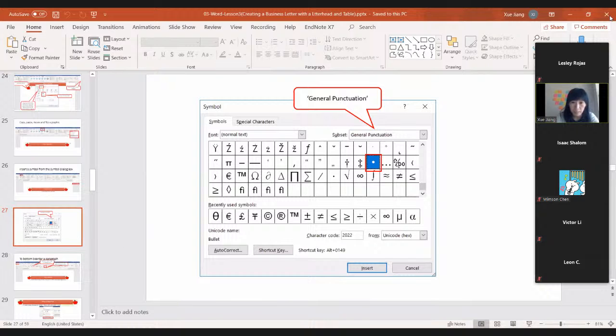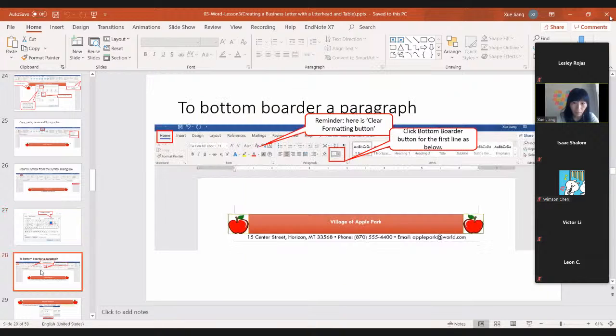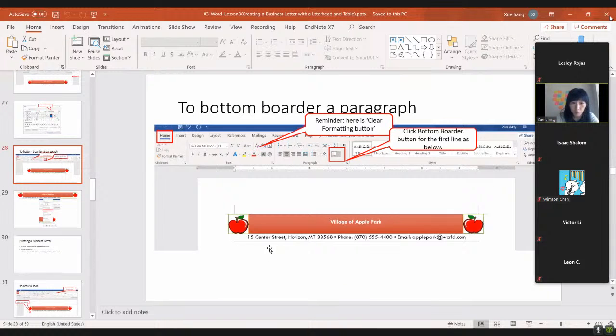Here we just use this simple dot. And after you enter this address and email, we have one line to add. When you are adding this line, you just need to click anywhere on this line and then